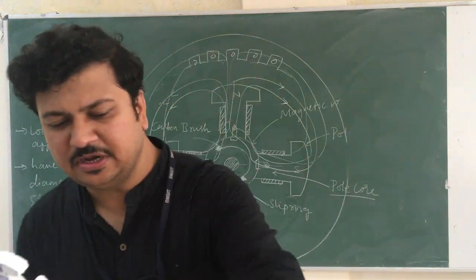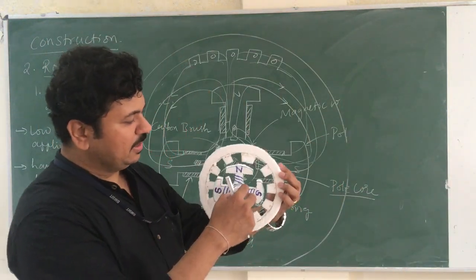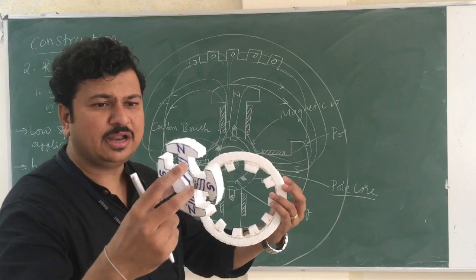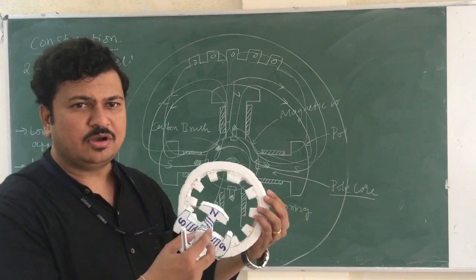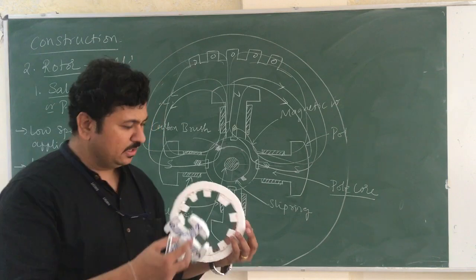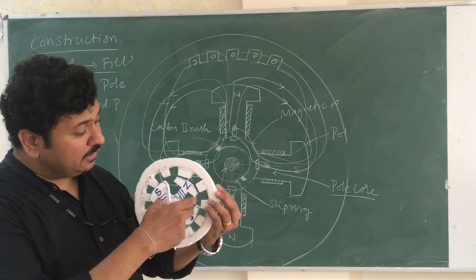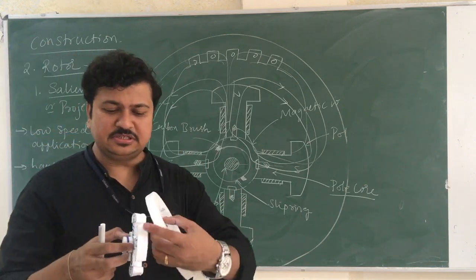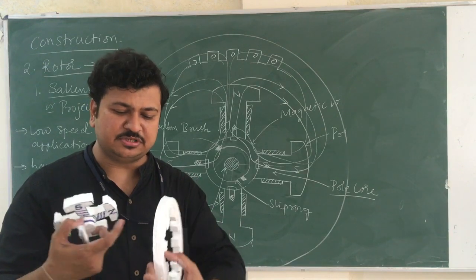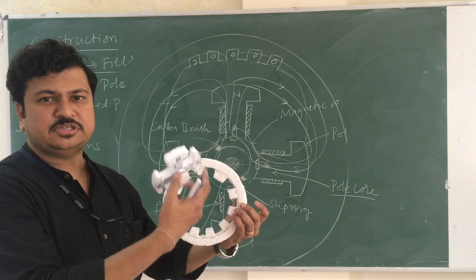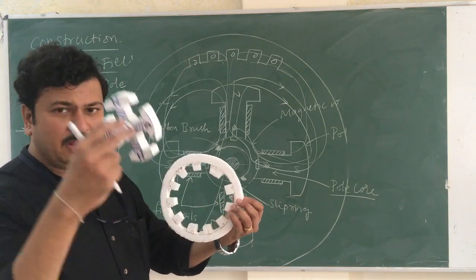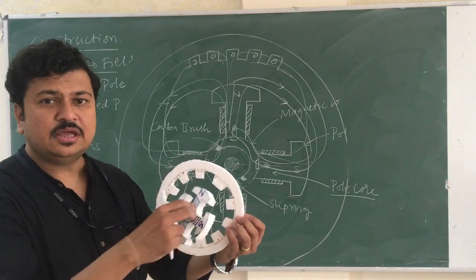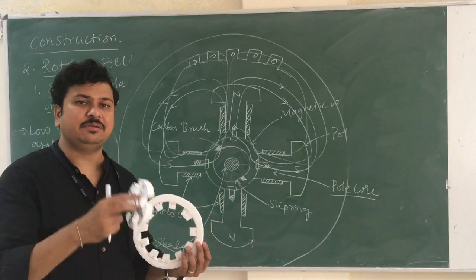Okay, and when I place this magnetic field system in the machine, there should be a gap between the stator and the rotor. I cannot have mechanical contact between stator and rotor. If I get mechanical contact, the machine will break down mechanically. There is a uniform gap in the entire diameter or on the circumference and throughout the length. This is the length of the machine, this is the diameter of the machine. Okay? So I should place this rotor inside the stator in such a way that at every point of circumference the air gap should be constant, same.